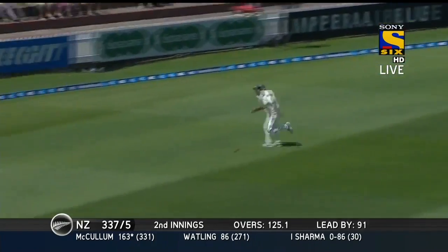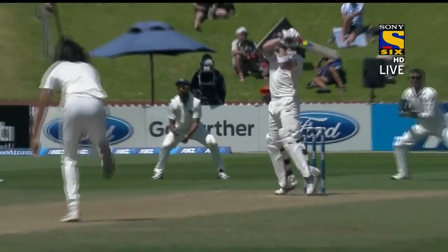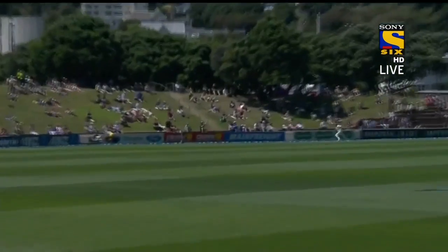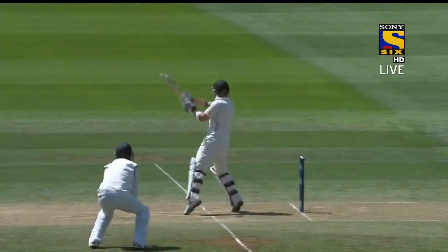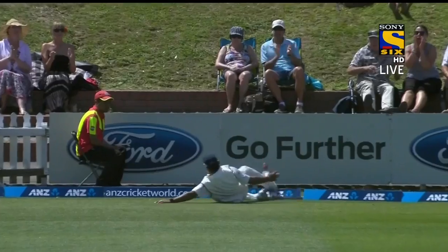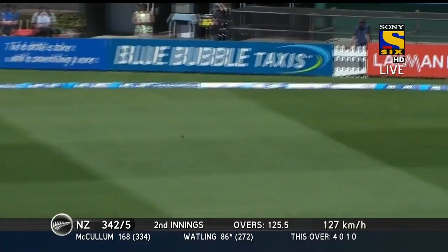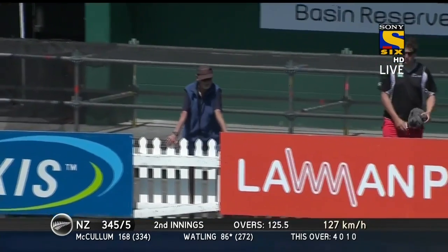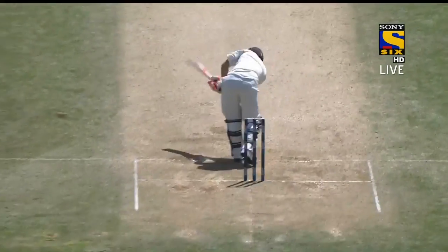McCullum cuts, it's in the air, but it's away from that man at deep point and away for 4. He gives McCullum the length. It's a bit short. There's a deep point out there, and he wasn't able to pull it in. So another cracking shot from McCullum. Moves on to 167. It's clipped fine and quick enough for 4 more. Once again, another example from Ishant Sharma. He's got the big offside field, but he can't sit out there long enough. BJ Watling gets a...